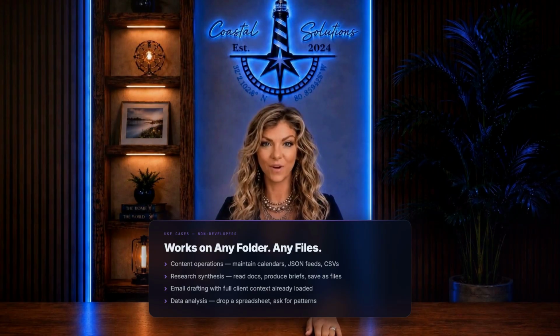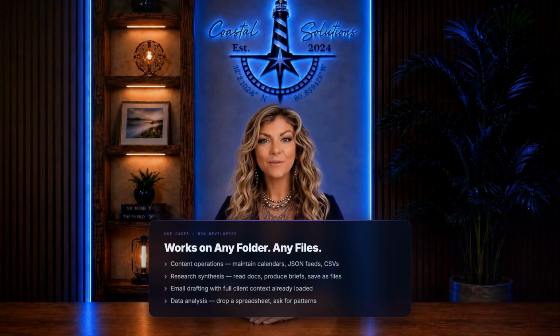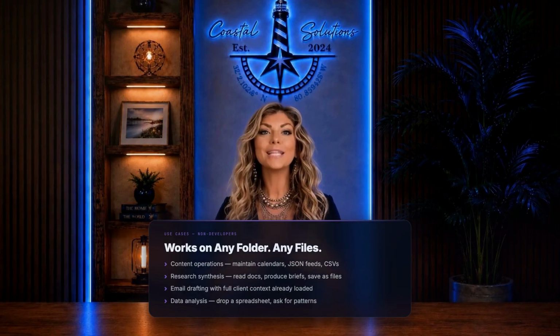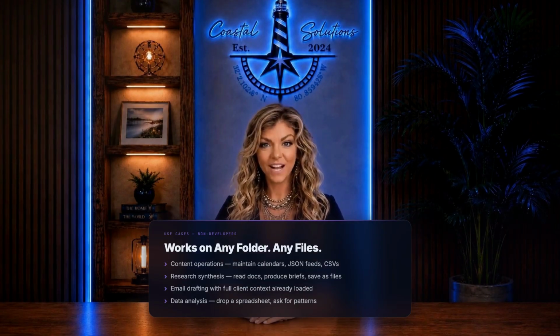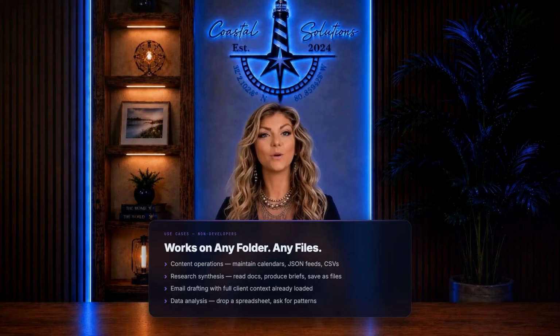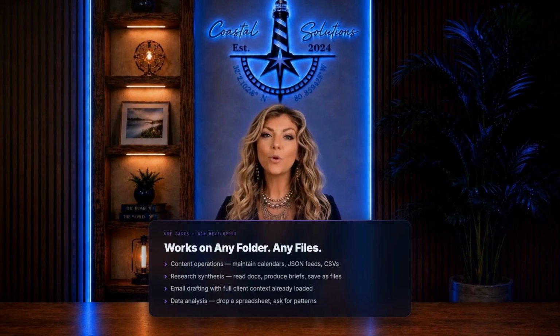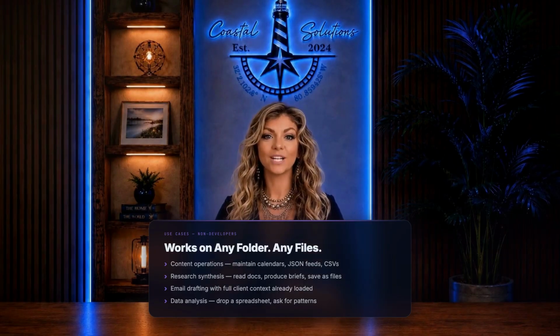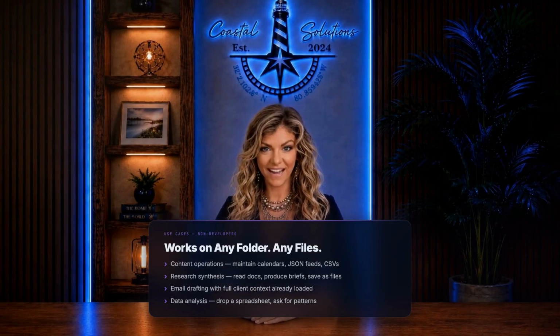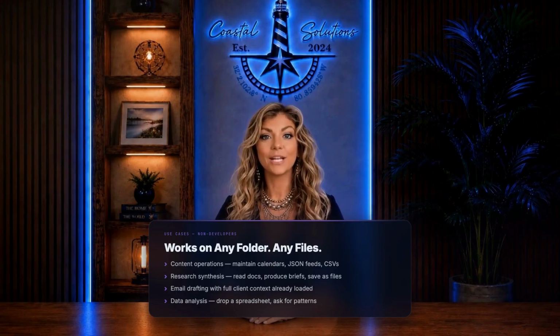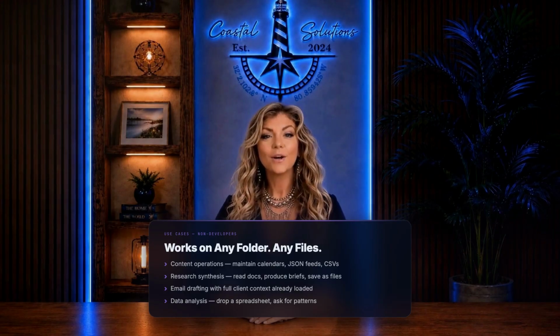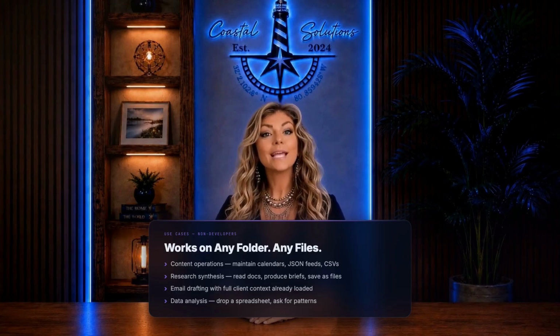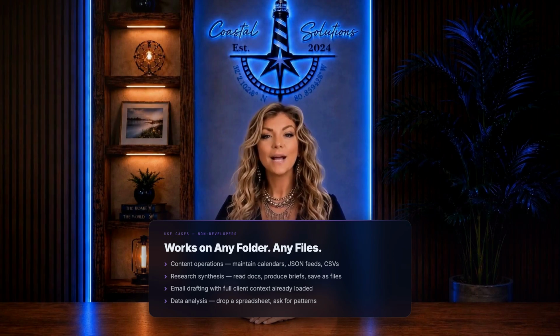Automation scripting, writing scripts that do repetitive tasks, renaming files in bulk, transforming data, generating reports. You describe the task in plain English, and Claude Code writes the script and can even run it for you. Email drafting inside a project context. If your project folder has client background files, past communications, brand voice guidelines, Claude Code reads all of that before drafting, which means the output already knows who the client is, what your tone is, and what has already been